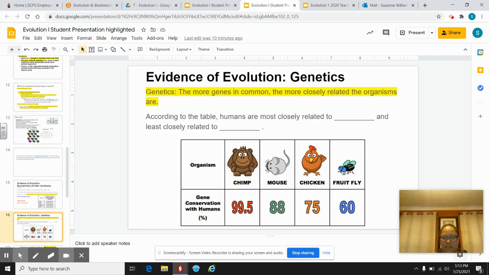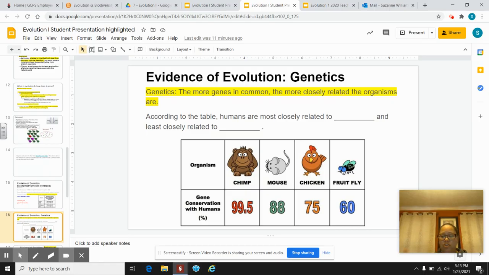The lower the percentage, the less closely related, meaning you would have to go back further in time to find that common ancestor. According to this table, humans are most closely related to the chimpanzee, because if you compare our entire genome, all 23 of our chromosome pairs, to the chromosomes of a chimpanzee,